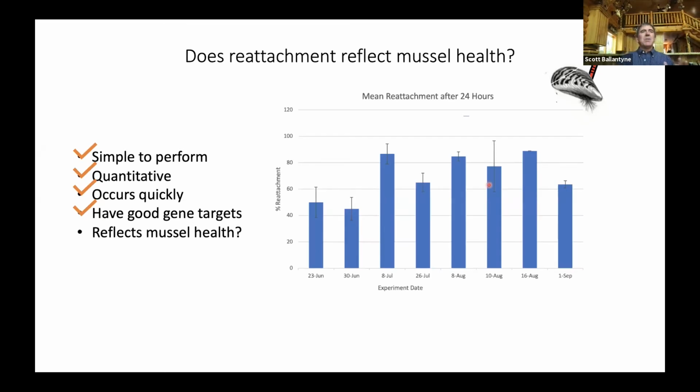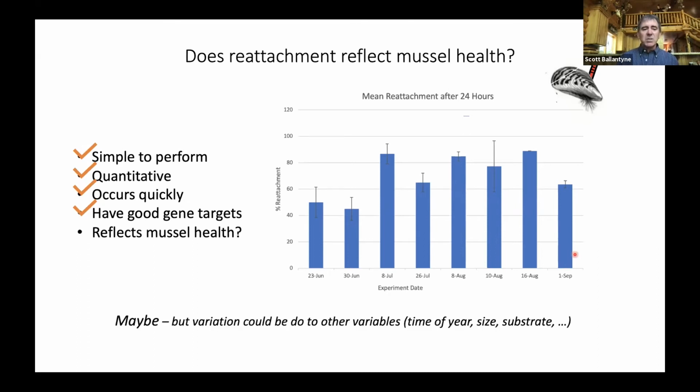Well, I realized one of the great things about preparing a talk like this is it gives you a chance to sort of step back from your day-to-day experiments and think about your data collectively. And I realized that sort of hidden in the data from this summer, we already had a partial answer to this question. Because what I'm showing here is the control reattachment we got for various Yahtzee games that we played throughout the summer. And so these are just our controls. And the point I want to make is that there's a fair amount of variation in reattachment between the various experiments. So that could mean then that these different batches of mussels have different health. Some are more sick than others.